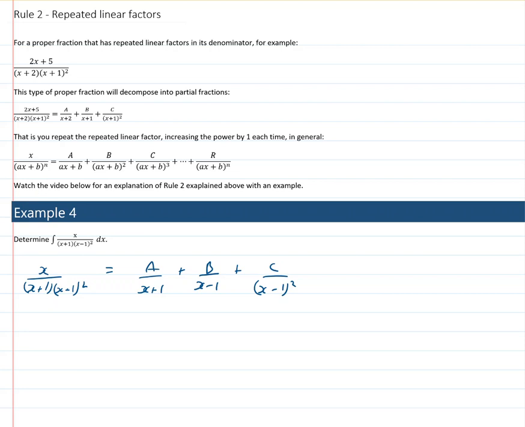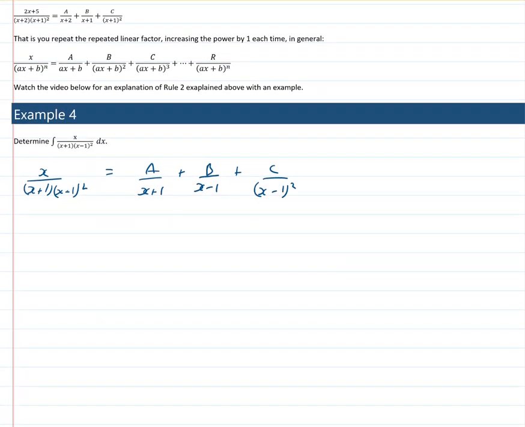So if we have to the power of n, we do it over once, twice, until we get to n. Okay, so we've got the same here. Then from there, what we need to figure out is what A, B, and C are equal to. So if we go ahead and maybe skip a step and sort of get right there, we can say